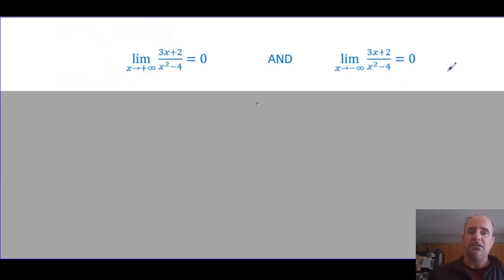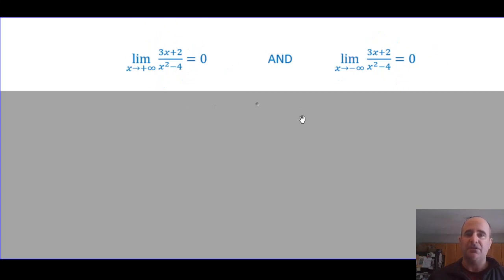So now that we've got the intercepts and the vertical asymptotes, the next thing we look at is end behavior. And remember, when we're looking at end behavior, that's also going to reveal more asymptotes that we might have, horizontal asymptotes or possibly oblique or slant asymptotes. Now in this case, we know the end behavior is 0, because the degree of the denominator is greater than the numerator. When that happens, you always have 0. You could also substitute large numbers in here to find that out as well.